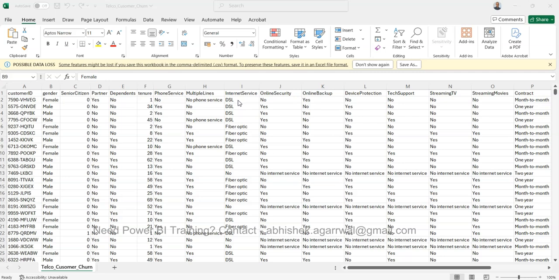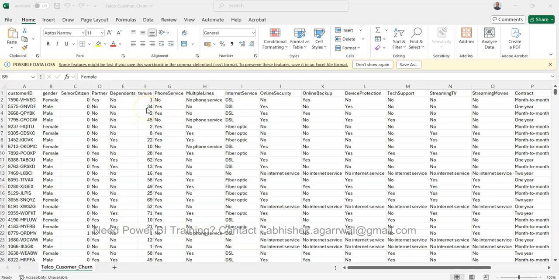So from that perspective, today we will look at this data set where we have the customer ID, gender, senior citizen, whether the customer is a senior citizen or not, and whether the customer has a partner or not. That means, sort of, a male has a female partner, or any other partner for that matter, based on the customer information, whether they have a life partner or not. Dependents, no or yes. Tenure with the telecom company, from 1 year, 34 years, 2 years, 45 years,